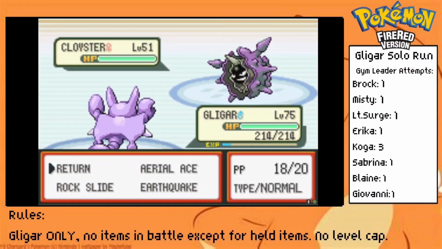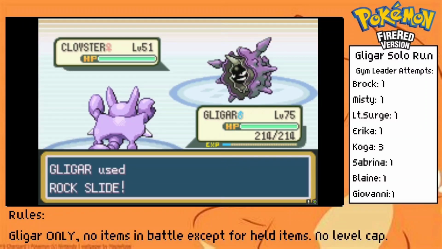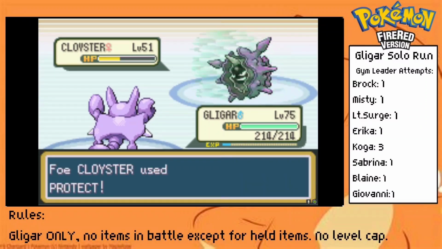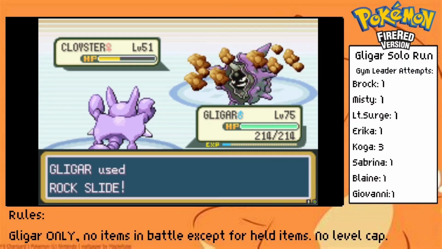Cloyster is up next, and we hit it with a Rock Slide which does a little over half, and luckily for us the Cloyster just set spikes. Now it's not in healing range, so another Rock Slide should take it out. I go for a Return to reserve Rock Slide PP since I know it's likely to protect, but it protects twice in a row, so we still waste 1 Rock Slide PP, but the 2nd Rock Slide takes